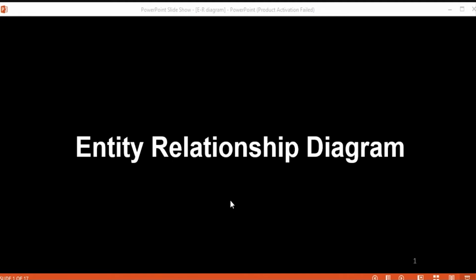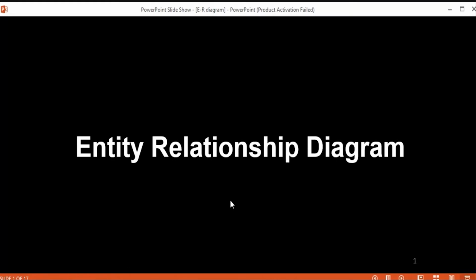Today we'll start with the ER diagram, entity relationship diagram. Developing a database is a very important task to develop any system, right? Before going to form the exact database, like its tables and establishing relationships between them, we can conceptually or logically model our database using these ER diagrams.